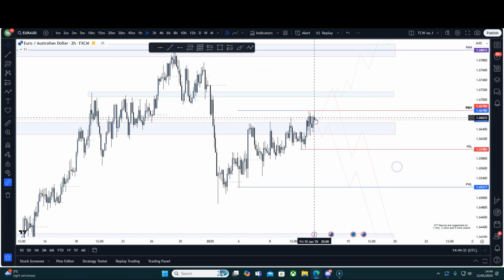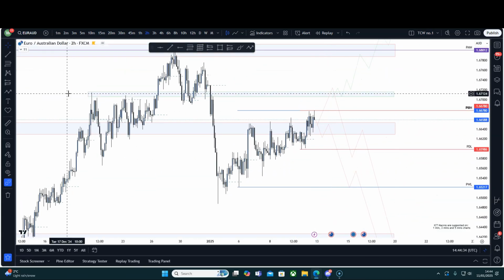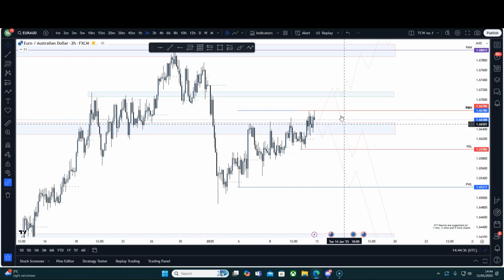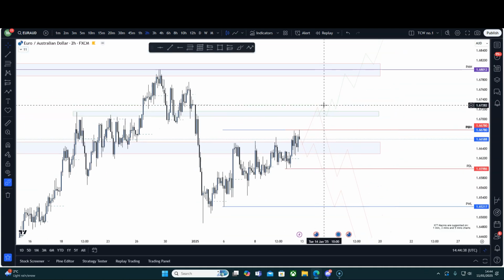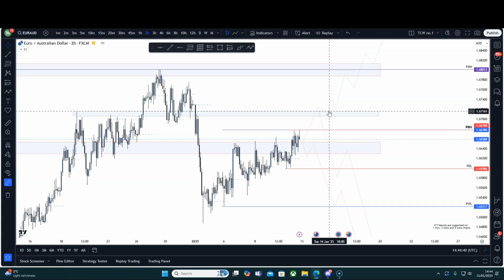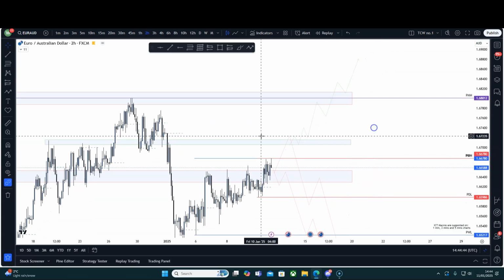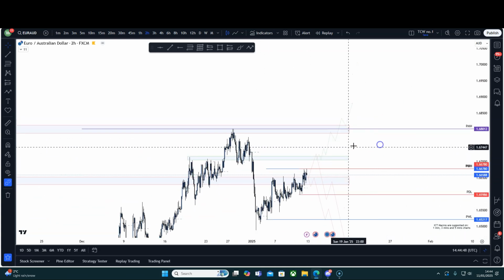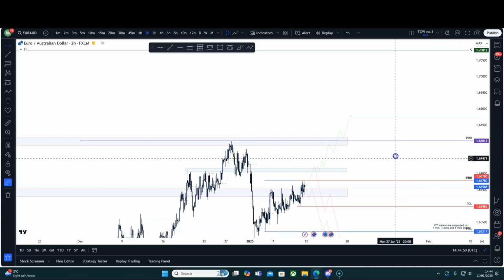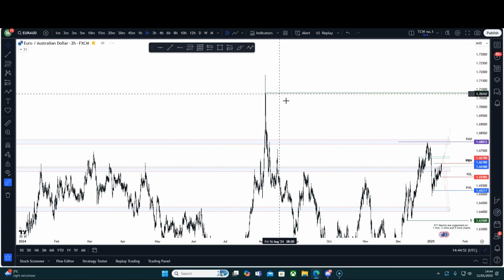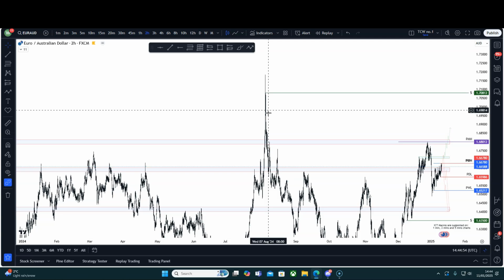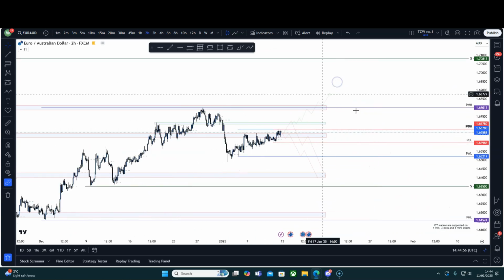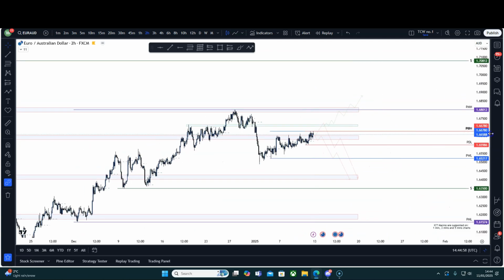Now, we may get one last push up into this area here to then sell off. If we break and we hold above, accumulating and manipulating to the downside before a break of structure, then this invalidates the shorts from this area. I will then be looking for longs to take the previous month high and beyond, up to these highs back here. So that is it for EURAUD.